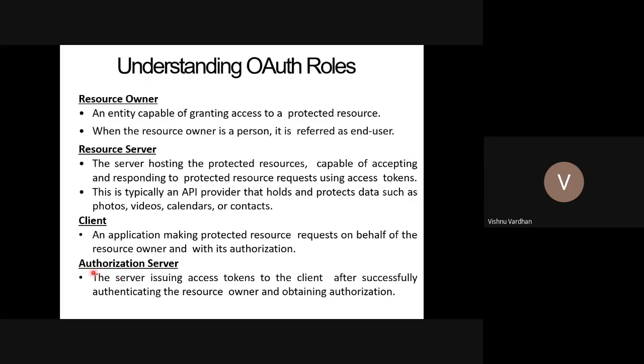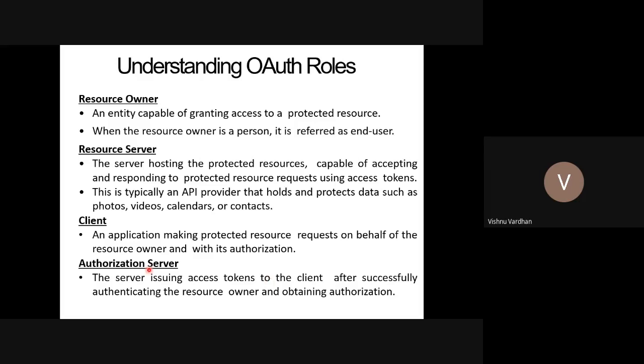So there the client has to validate the ownership of this particular resource. That means he has to successfully log in, maybe to Facebook or Instagram. After successful authentication is done, the access tokens are released by the authorization server.